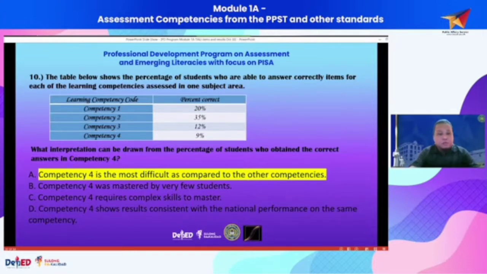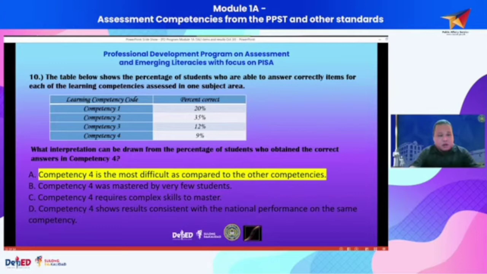Okay, because option B talks about mastery of very few students, no? What constitutes very few or few may vary depending on the operationalization of the one making use of the term. So it may or it may not be correct depending on the operational definition of very few. So therefore, it's not that clear whether option B is the correct answer, because very few is not something that's objectively scored. So it could be less than 10%, but it could also be around 11 to 20%. So what's few, what's very few, since it's not explicit, then that's not the best answer.